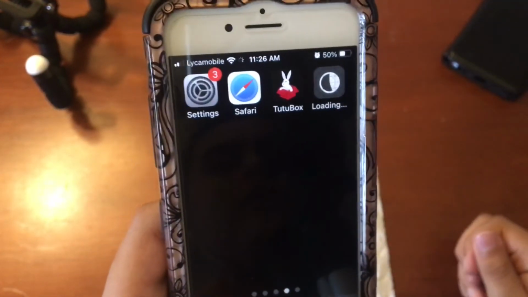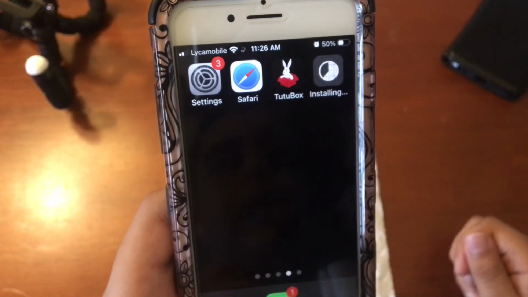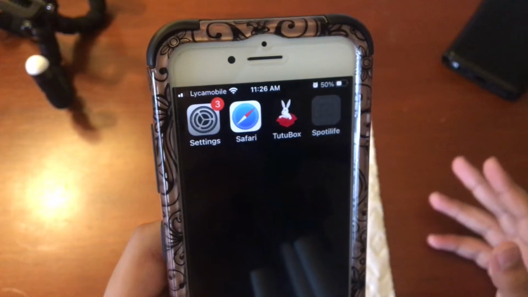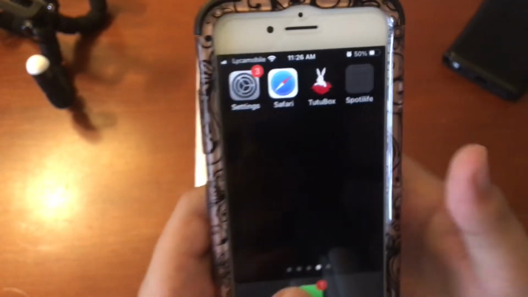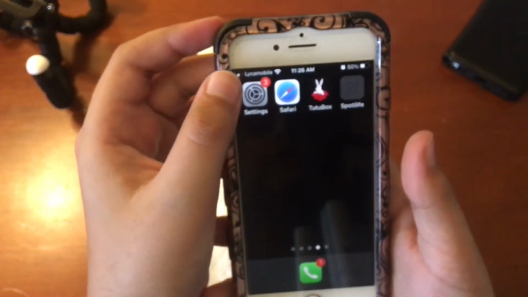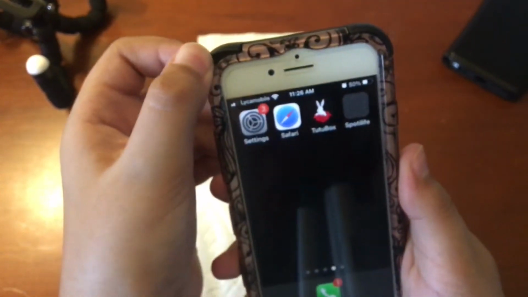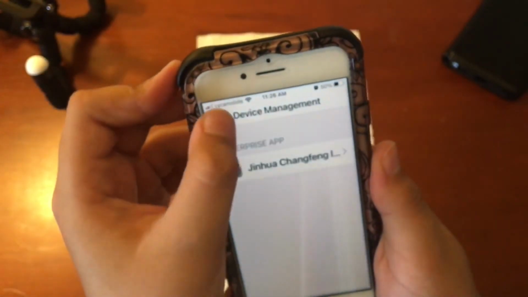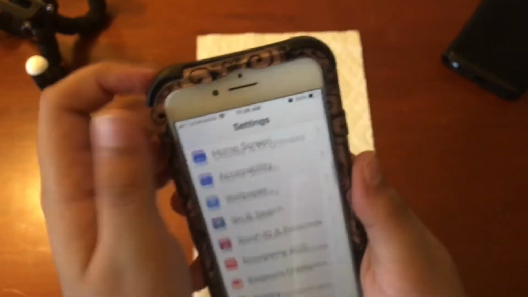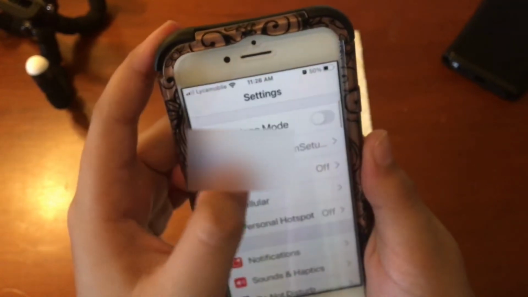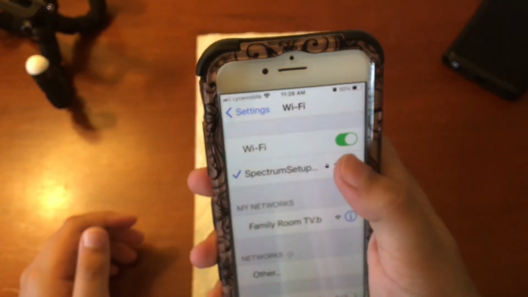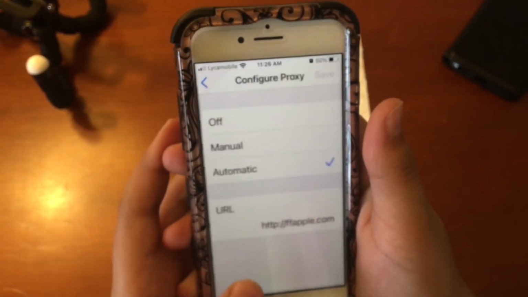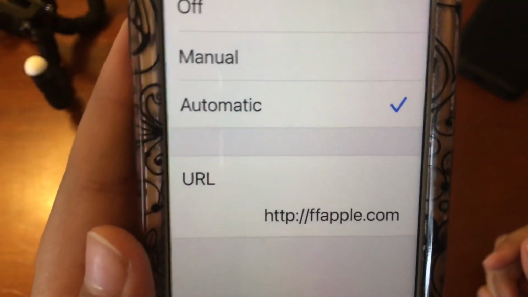So once it installs, which will be any minute now. Yeah, there it is. It might be grayed out, but the reason for that is because you don't have the FF Apple proxy enabled. Just want to head over to settings, and you want to scroll up until you find Wi-Fi, and you want to press the eye icon right next to your Wi-Fi, and you want to scroll down until you find configure proxy, and you want to type in this URL,